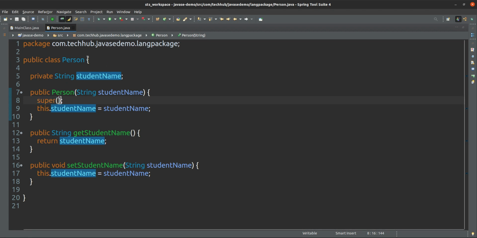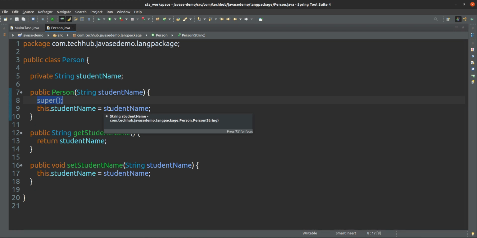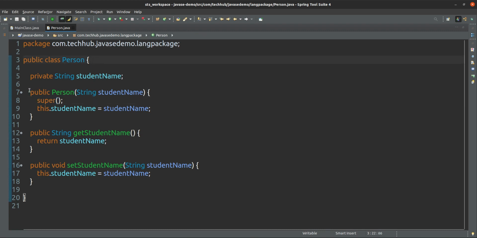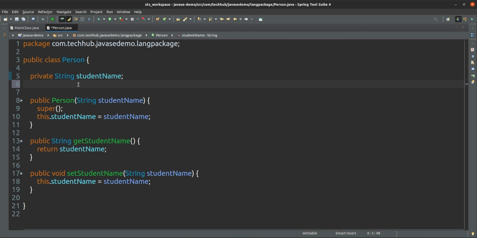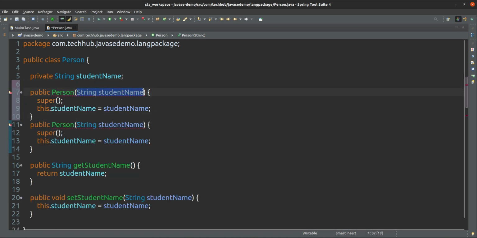Which superclass? We are not extending any class, so the superclass is Object. If we remove this statement, then definitely your compiler will add this statement. It will always be there. Even the default constructor, if you don't add a constructor inside this Person, a default constructor without any parameter will be there.